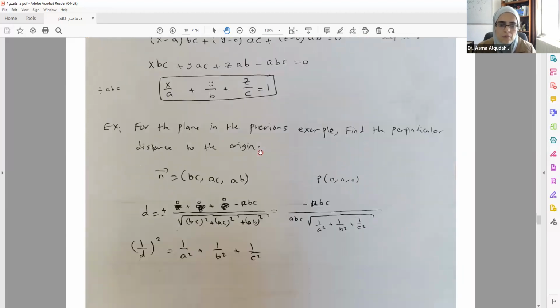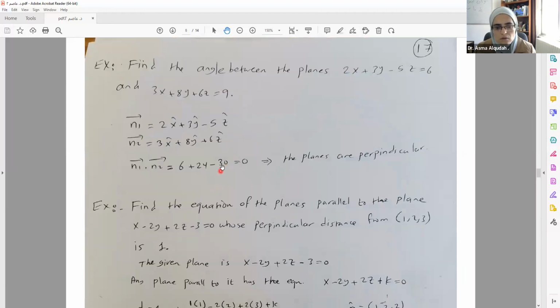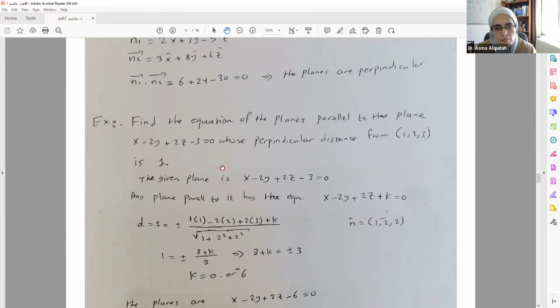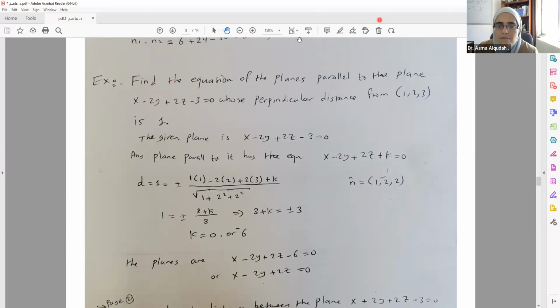Let's do this example. No, not this one. This one. Okay. Let's do this example. This example is asking us to find the equation of the planes. Equation of the planes. Planes means there are more than one plane that are parallel to the plane, this,